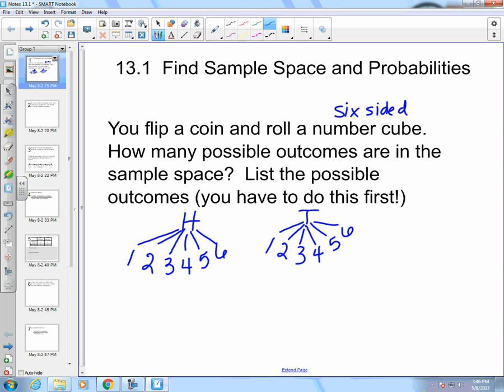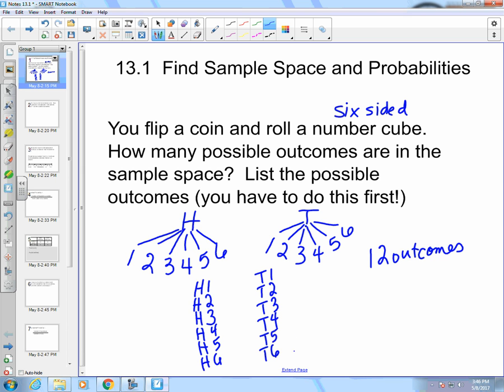And what we'll do is we will list each of these: heads and one, heads and two, heads and three, heads and four, heads and five, heads and six, or tails one, tails two, tails three, tails four, tails five, tails six. There are 12 different outcomes,